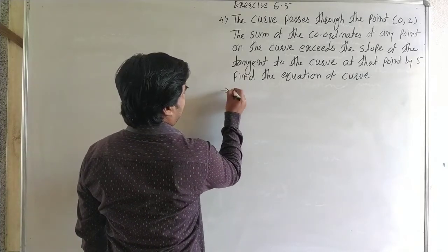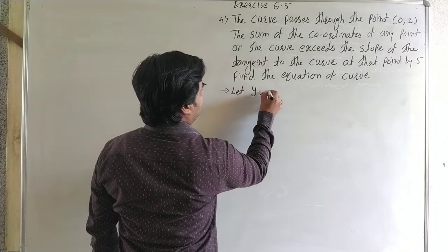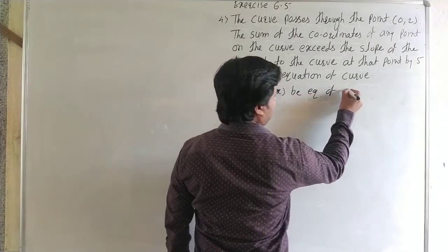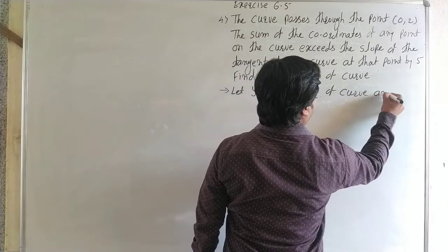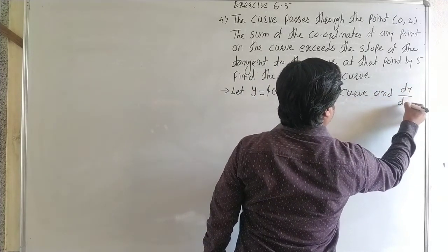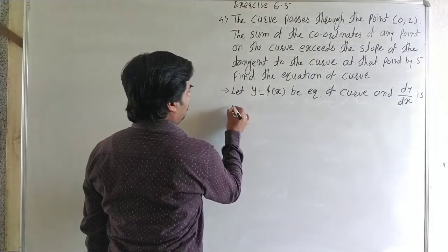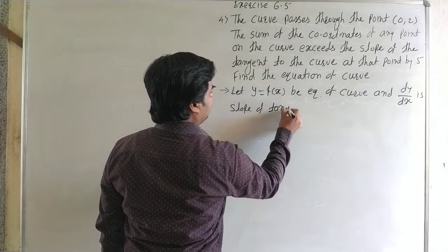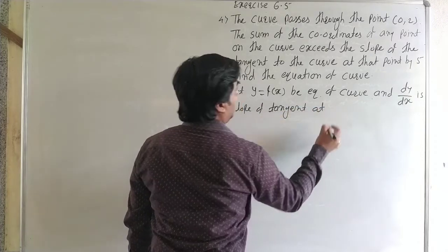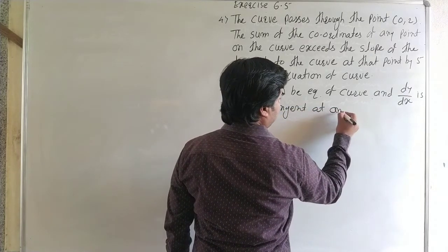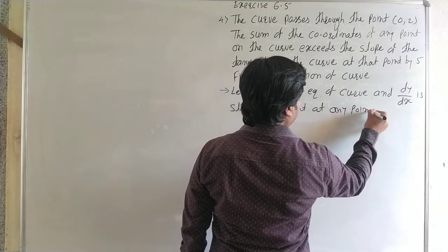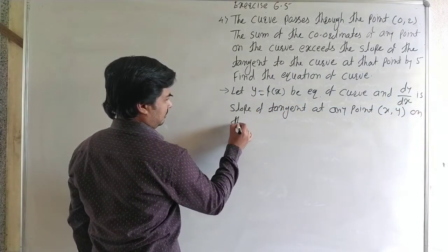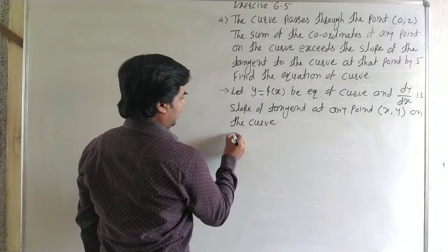Now let y is equal to f of x be the equation of curve, and dy by dx is the slope of the tangent at any point x, y on the curve. Okay. Now here, given that,